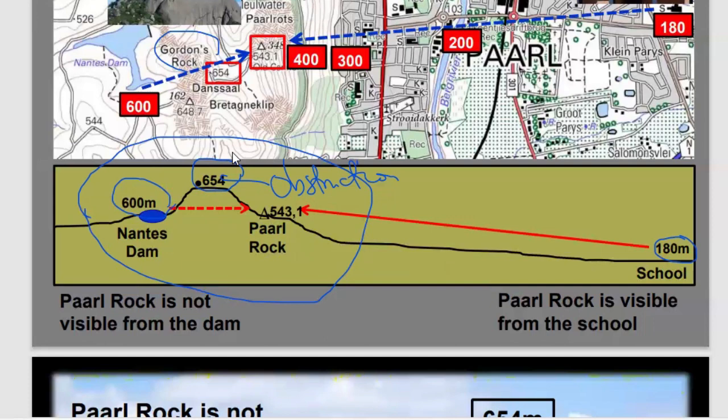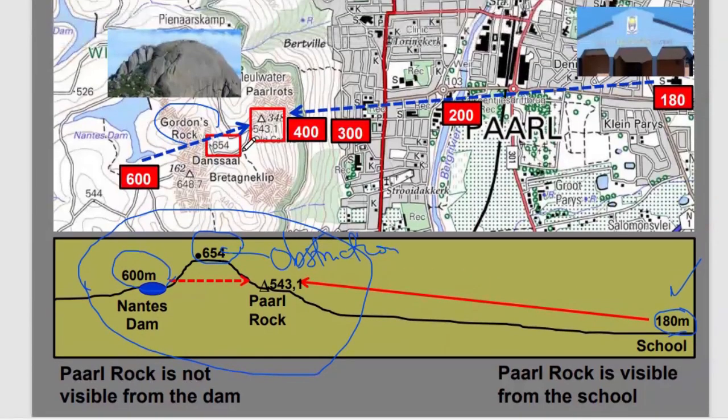And then, to determine if there is intervisibility between the school, which is at 180 meters, and Pearl Rock, which is at 543.1 meters. Definitely, if you draw the cross section, you can see that the area is flat. Let's look at the school on the map. The school is here. The height at the school is 180 meters above sea level. And if we check across, this is our Pearl Rock standing at 543.1. So if we draw a straight line here indicated by the dotted blue line, and check